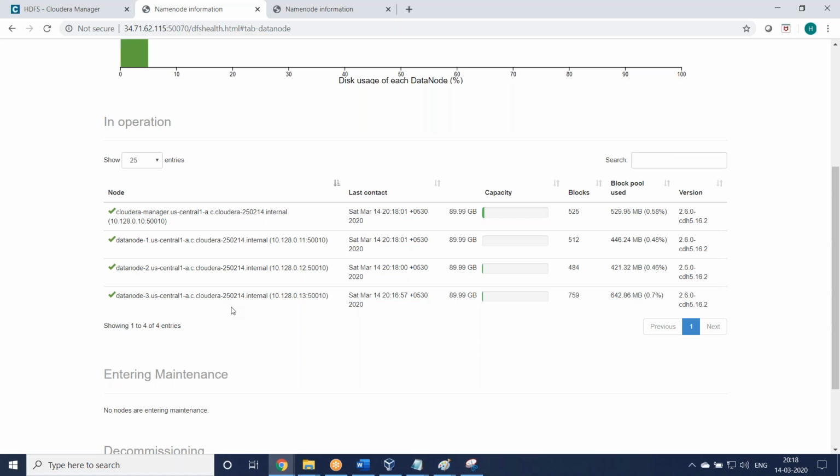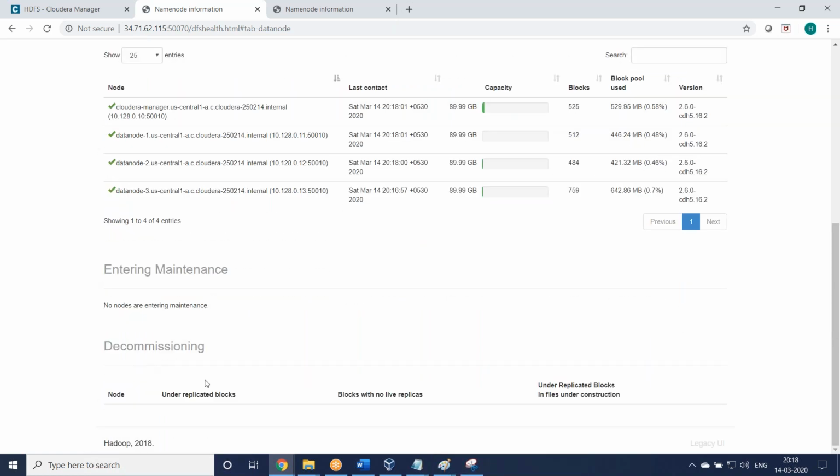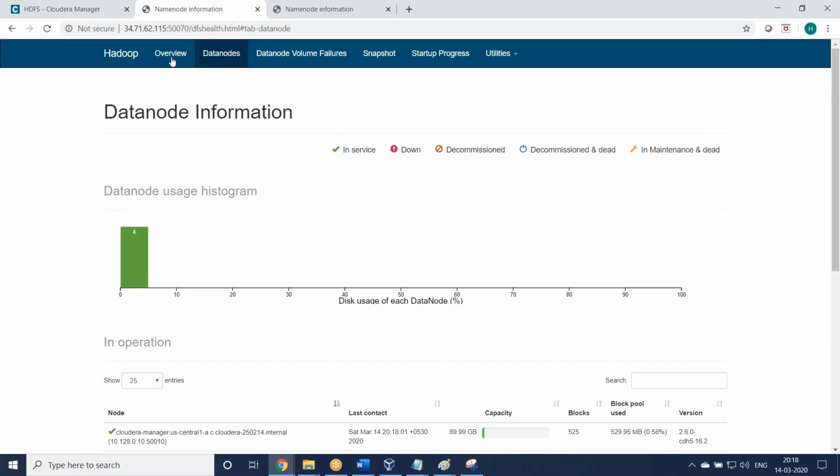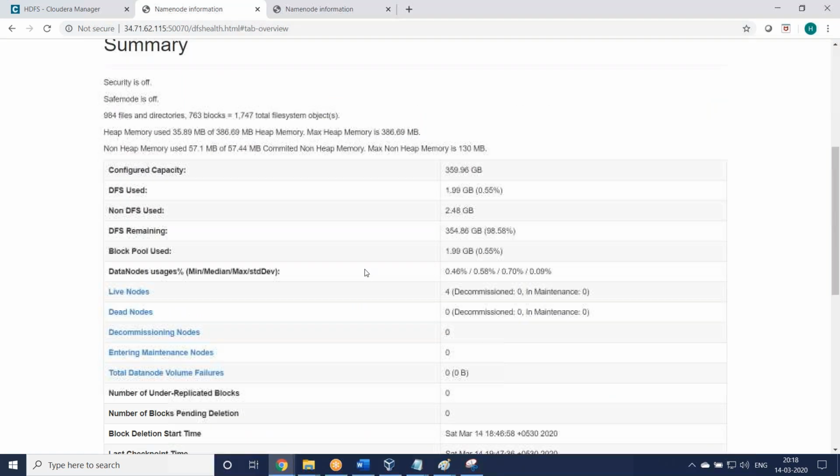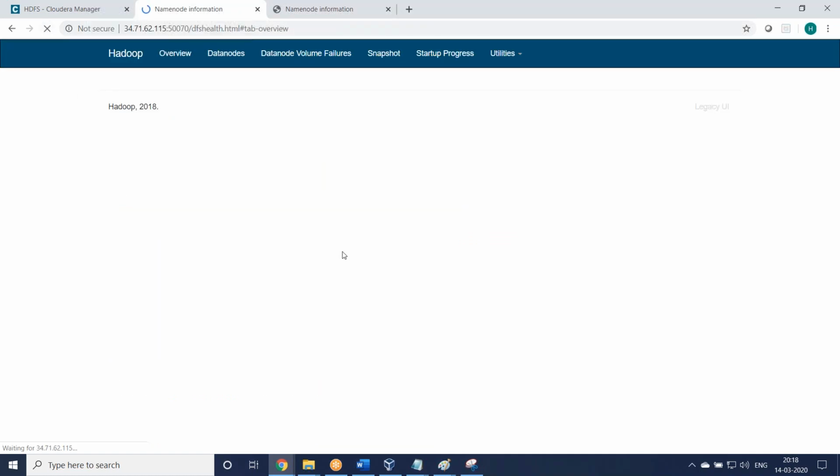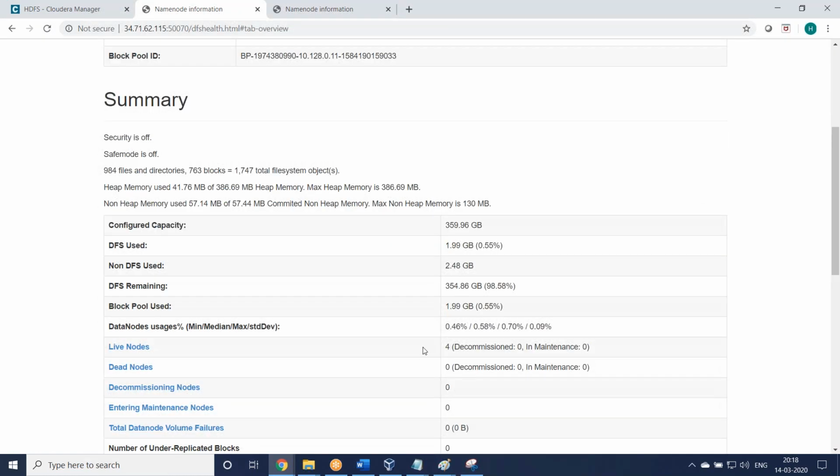It will wait 10 minutes 30 seconds. After 10 minutes 30 seconds with no heartbeat from the node, it is considered a decommissioned node and moves to dead node. Now the data node is stopped and there is no heartbeat, but it is not moving immediately, right? It will take 10 minutes 30 seconds. You can wait, and then the data node will move to dead node here.